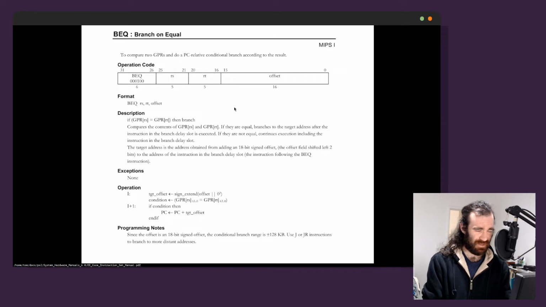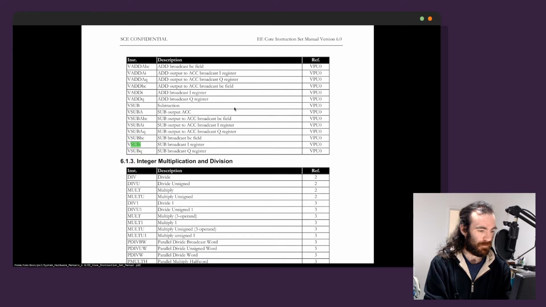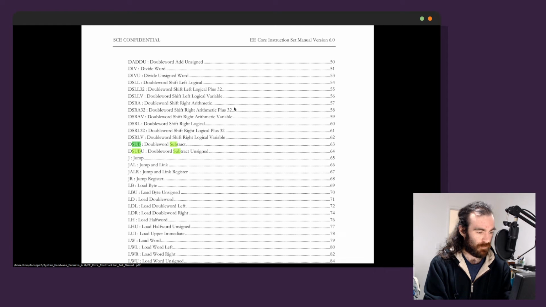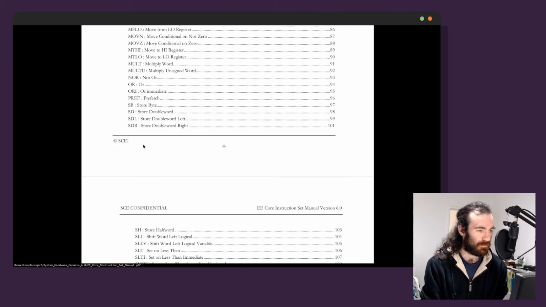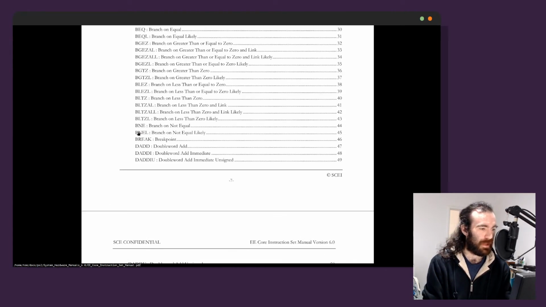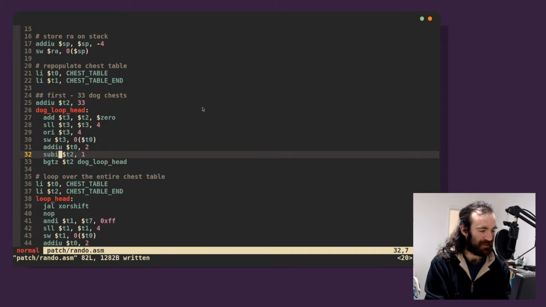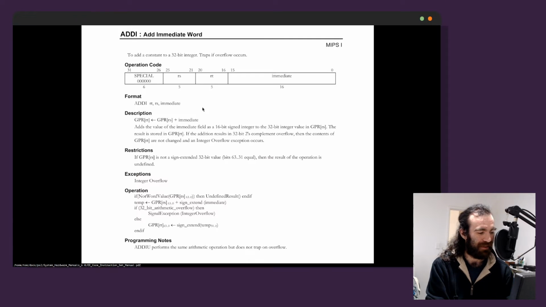Is there a sub I that isn't sub IU? Sub I? Sub U. Oh, there isn't a sub I. I guess we can add -1 though, right? Add I -1. Okay, let's do that instead. That's silly. Add I t2 -1, subtract it, but subtract it, and